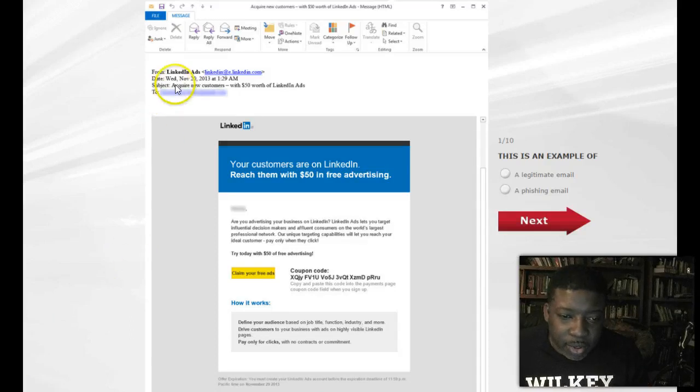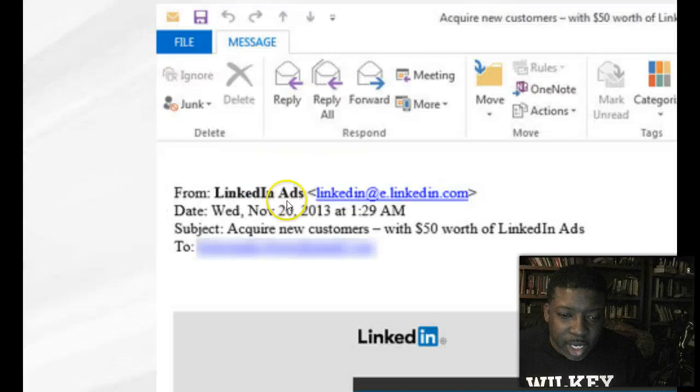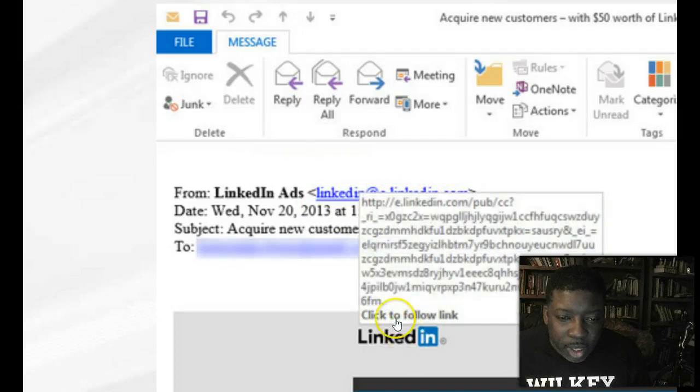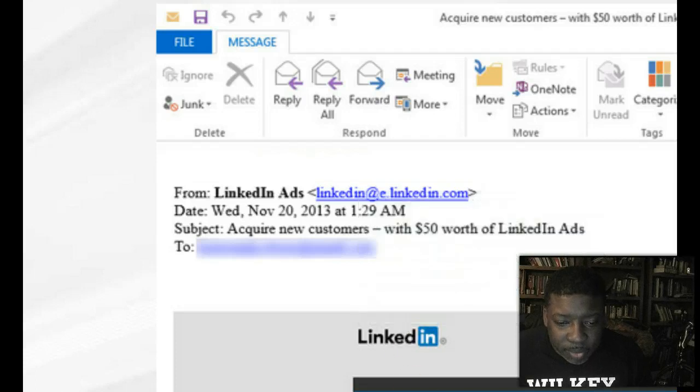First, you look at it, it says LinkedIn ads, and this link looks like a LinkedIn link. So that looks good. When you roll over something, you can see where you will actually go before you click it. Rolling over it, I see that this says linkedin.com, elinkedin.com, so that looks good.